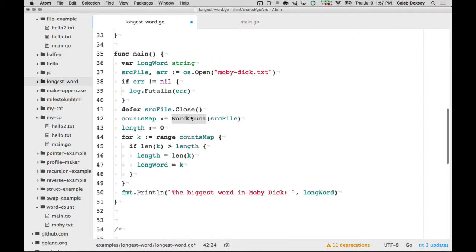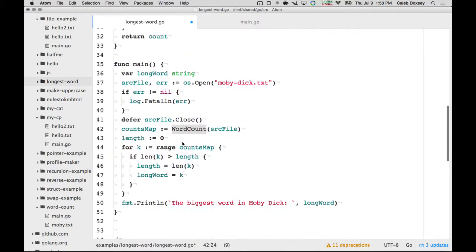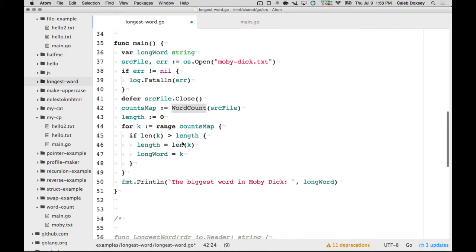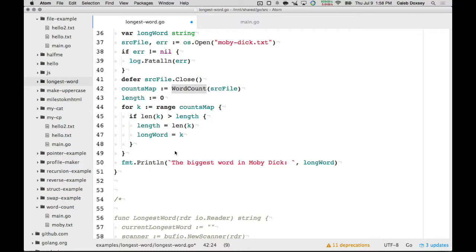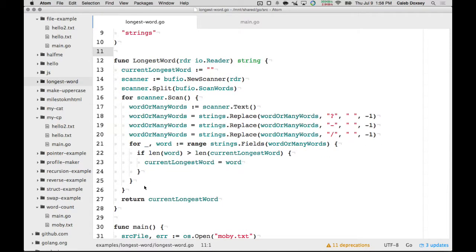Yeah, it wasn't a very elegant solution. It worked, but I was just using the program I had before. Yeah, no, that's fine. But I wanted to understand the range line in your program. Yeah, we're not using range, we're using for scan. for _, word := range strings.Fields